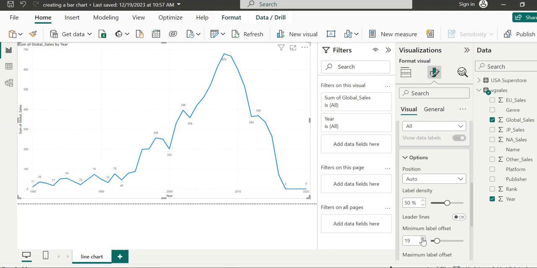You can see here, I will increase the label offset, then it will be more visible. You can easily see here. So for a better view, we just increase the default offset, and we can also increase the label density.